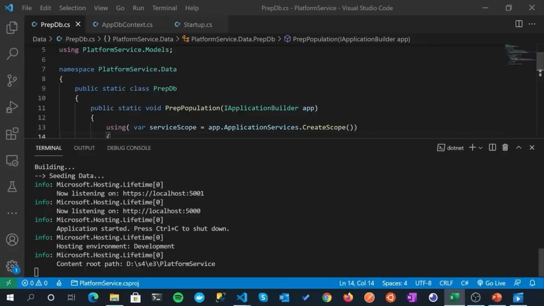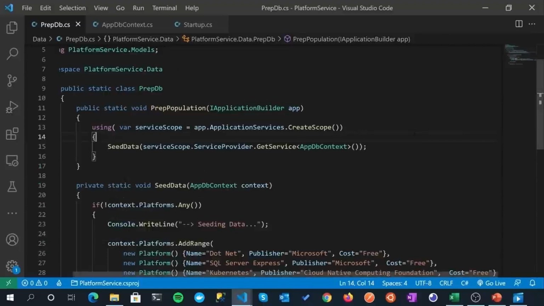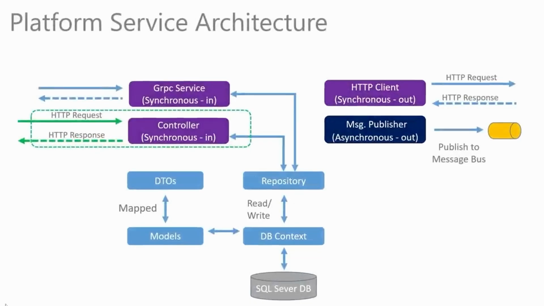All right, so back over in our application, I'm just going to kill our running server, Control C, and get rid of this terminal. So yeah, we're going to come on now to DTOs. Now, before we start coding, just a little bit of a sense check by reviewing our architecture. So we've created our model, our platform model. We created our DbContext. We have an in-memory database. We will move to SQL Server at some point, and we spent some time creating a repository, which our other classes are going to make heavy use of.